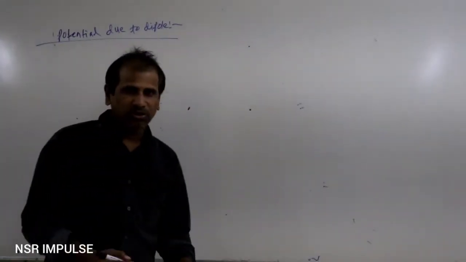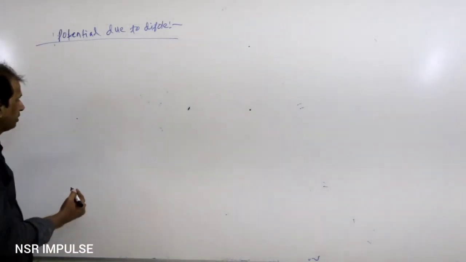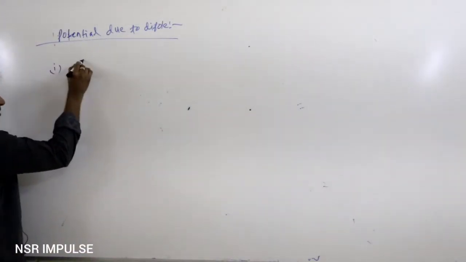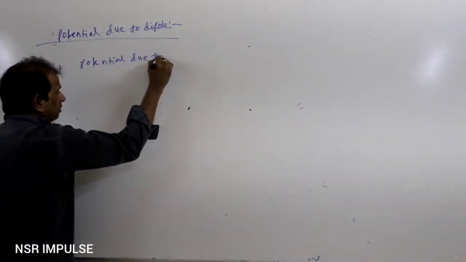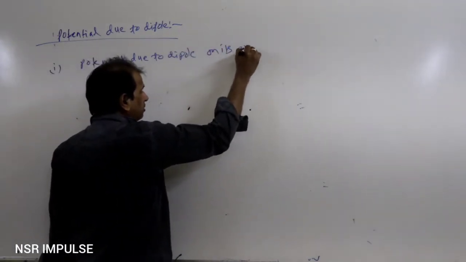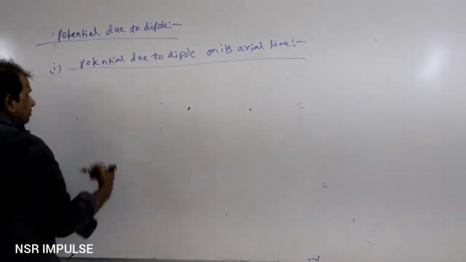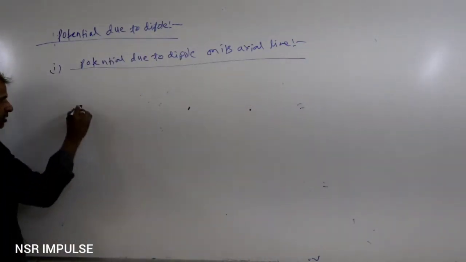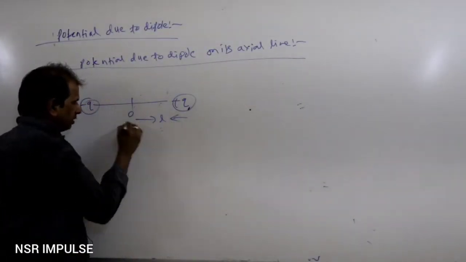Next topic is potential due to dipole. Then how to calculate the potential due to dipole? First case is potential due to dipole on its axial line. This is minus q, this is plus q, this is the midpoint, length L,